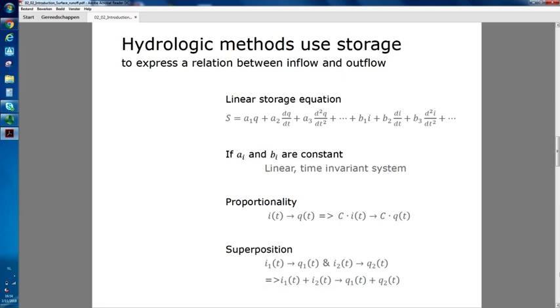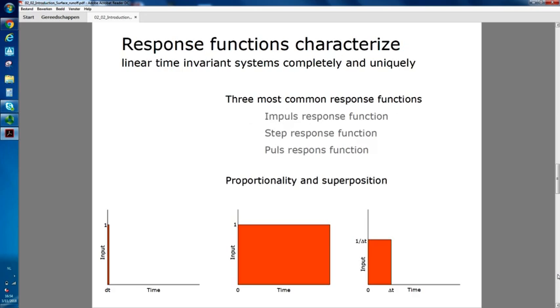And this is very useful in case of a linear system, because in that way we can describe any input, so any type of rainfall or net rainfall in this case, by actually combining different response functions. The most typical response functions that we have are the impulse response function, so the response to a certain input like this, very small over time, so very short, but with a value of 1. The step function and the step response function, and then also the pulse function, and then the result of this,